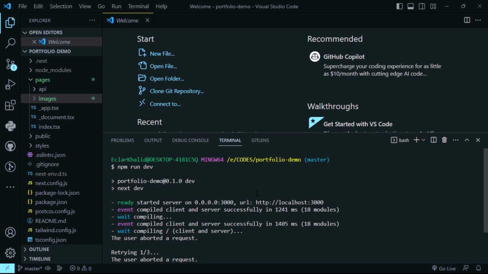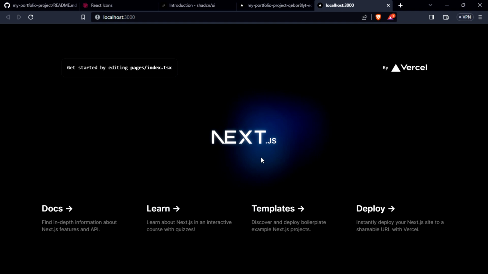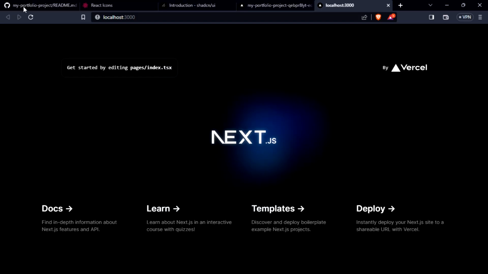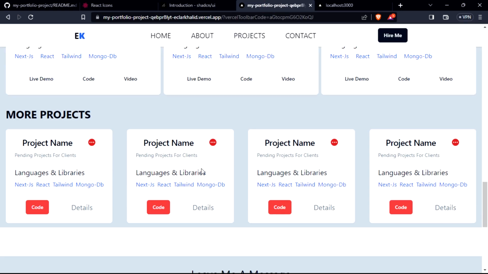So my app has started, so I'll just open it in my browser, and let's see. And as you can see, my app is running. So what I'll do next, I'll come to this project, and you can see that we have a very good